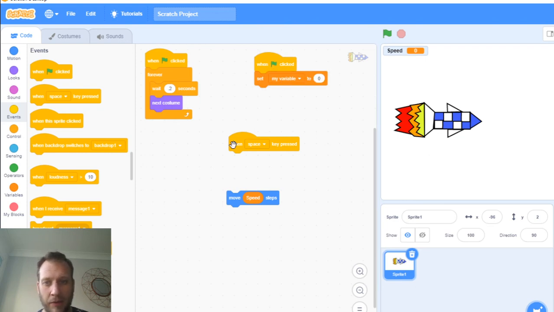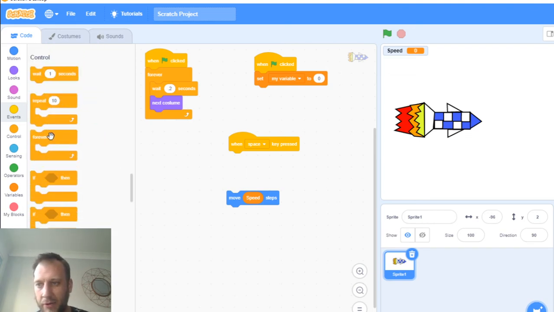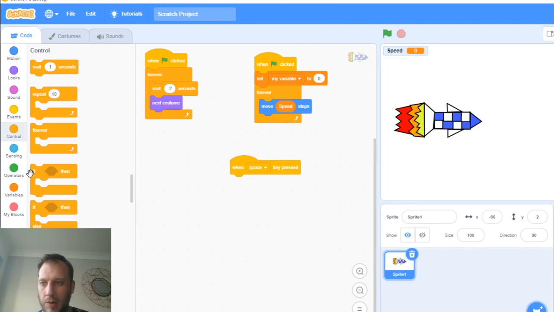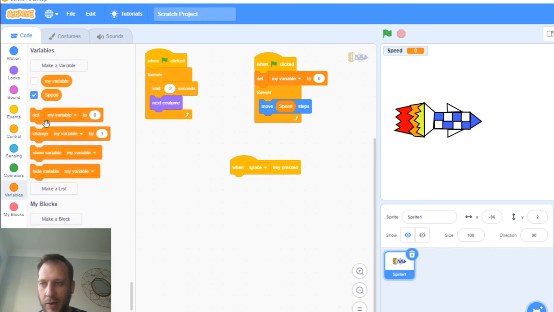So when we start, the variable is going to be set to 0. I actually want it to forever be going at the speed of the variable. So I'm going to put that. So when the game starts, it's 0, but then it's going to keep checking to see what that variable is. So as long as it's 0, it's not moving. As soon as we change that to another number, it's going to start moving. So when the spacebar is pressed, we are going to change the variable by 10. Oops. Right. Now if I do this, the variable will change by 10 and our rocket's going to fly